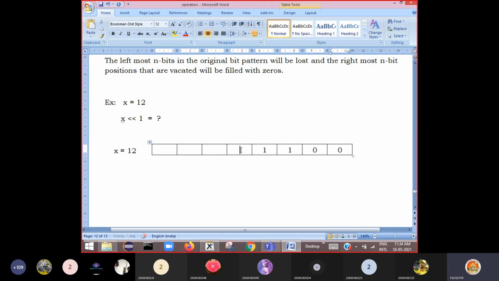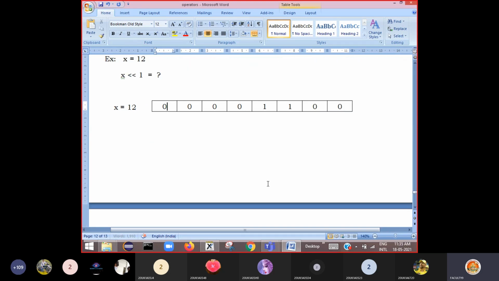Then the remaining 4 bits, you add zeros. If you add any zeros on the left side, that doesn't make any difference. That means the value doesn't change. Yes or no? This we know in mathematics. Now if I represent X as an 8-bit pattern, this is the bit pattern I will get: 0 0 0 0 1 1 0 0. Right? Now if I perform X left shift,